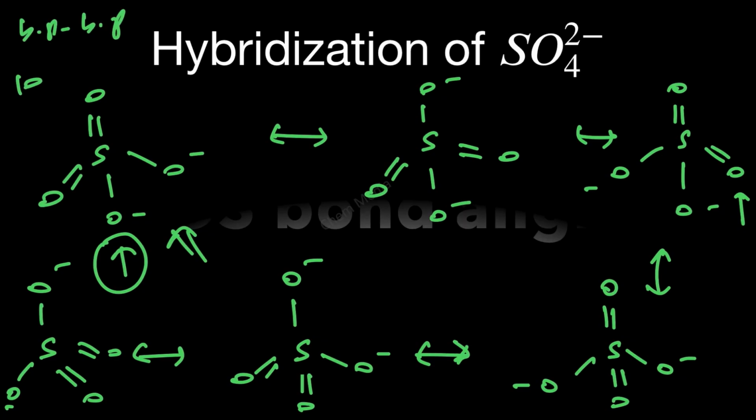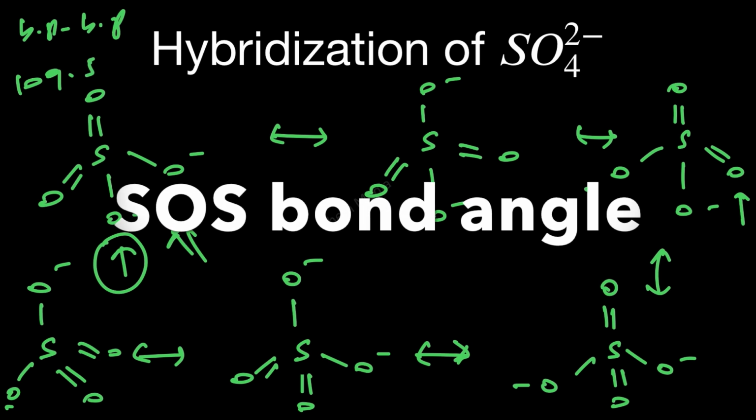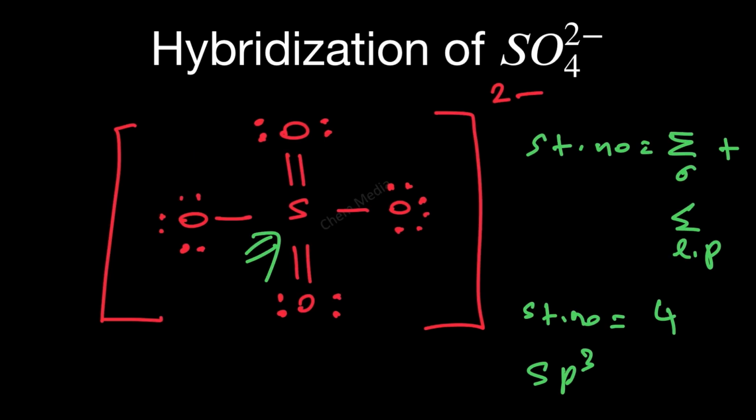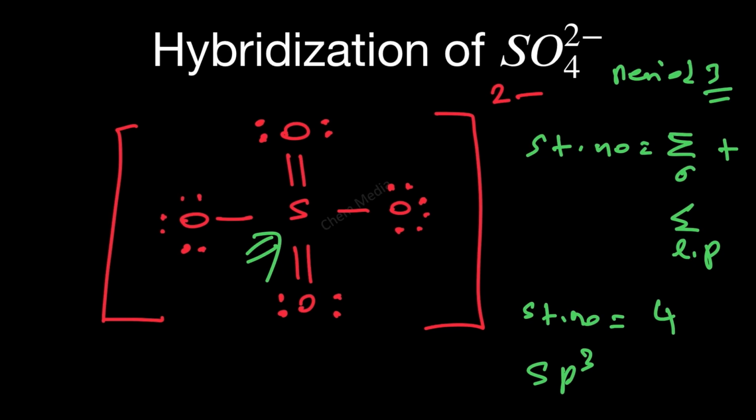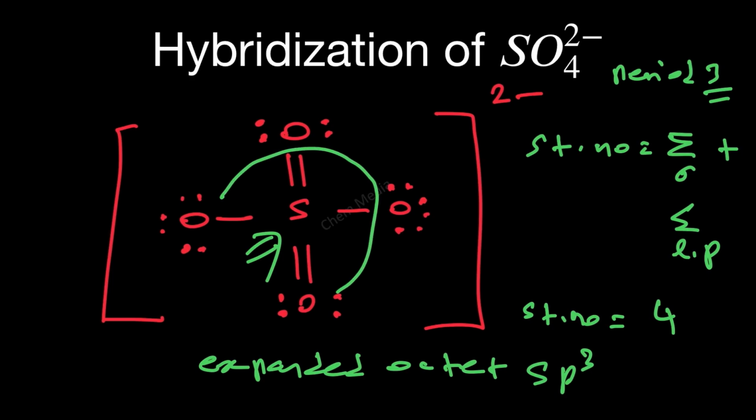So therefore the bond angle would be 109.5 degrees. And the other thing that I would like to mention here is sulfur belongs to period 3, isn't it? Which means that sulphate ion belongs to expanded octet category. If you see the Lewis structure of sulphate ion, around sulfur we have 12 valence electrons, isn't it? We have 6 bonds in total. That means 12 valence electrons we have,